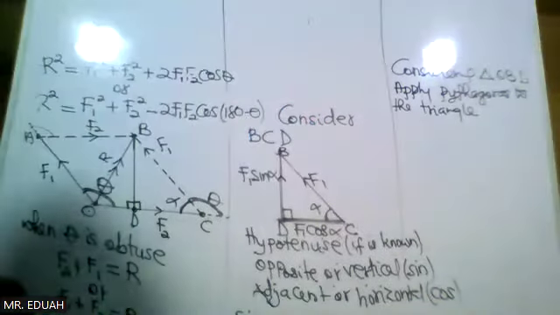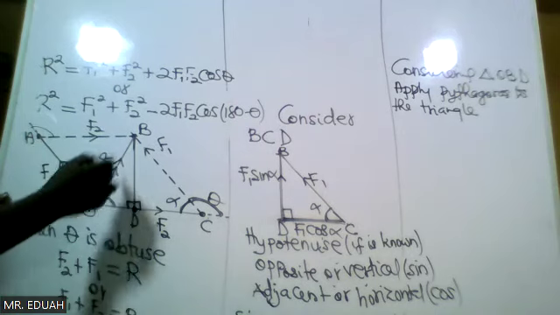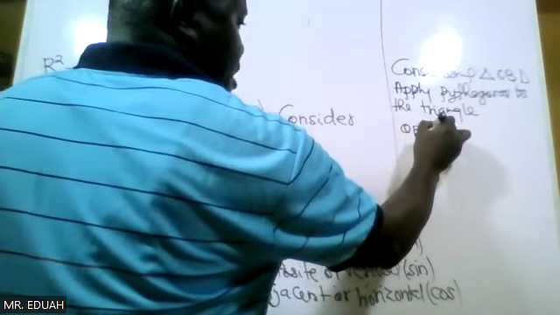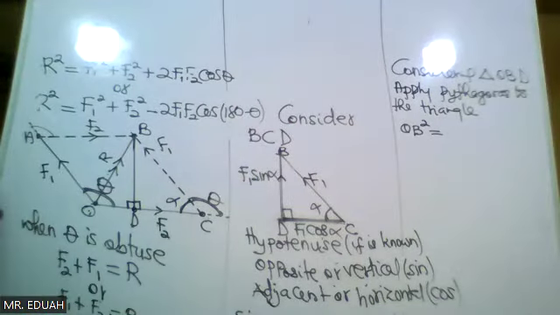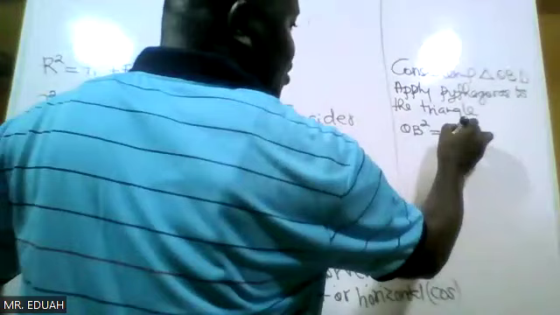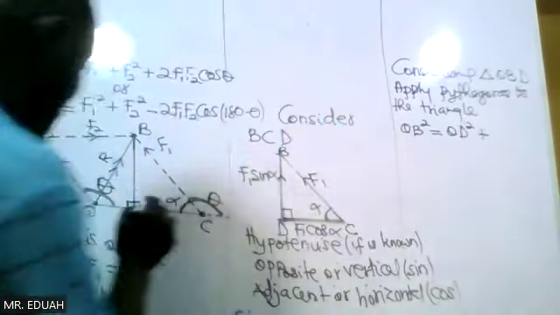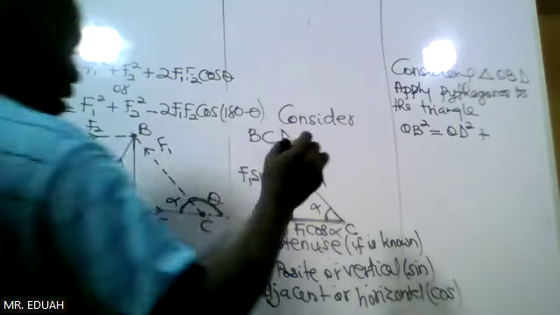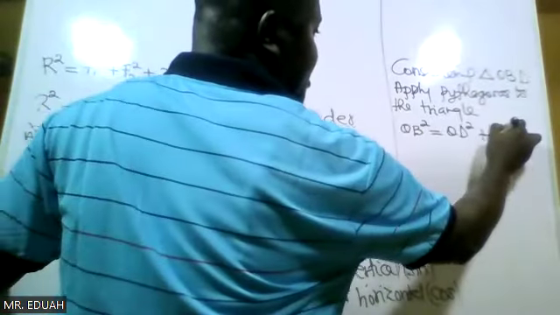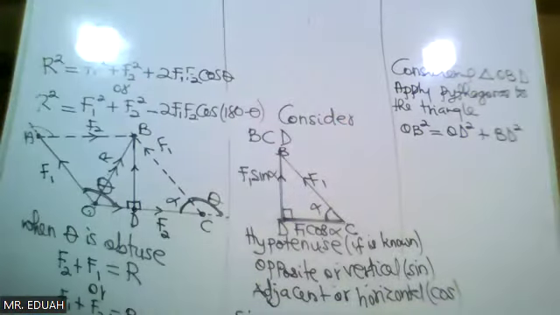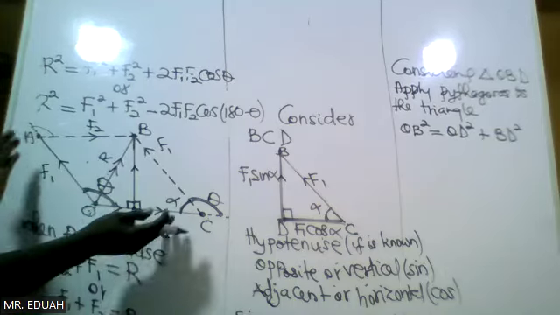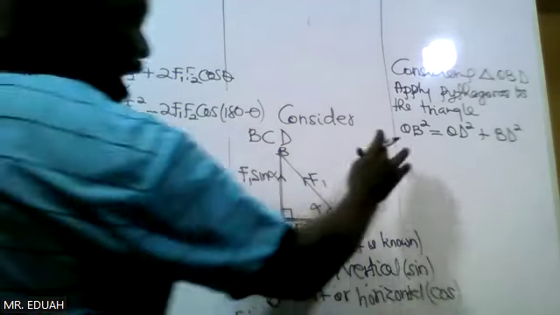Pythagoras theorem says that the square of the hypotenuse OB must be equal to the sum of the squares of the other two sides: OD squared plus BD squared. Now OB is the resultant of the two forces F1 and F2. So R squared